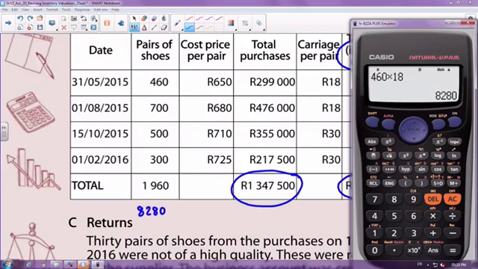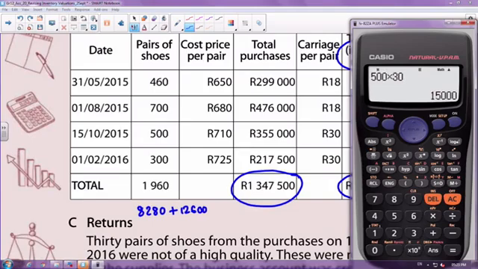Then we got 700 pairs at 18 Rand. So you take your 700 times your 18, and that will give you a figure of 12,600. Then you've got your 500 pairs at 30,